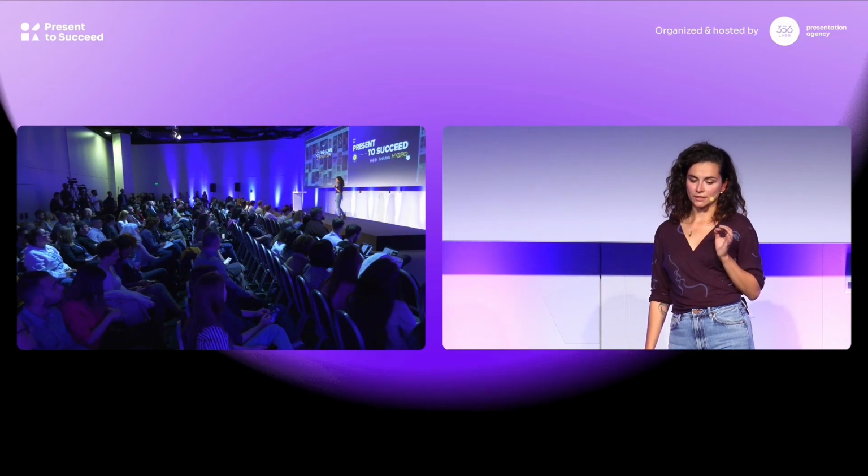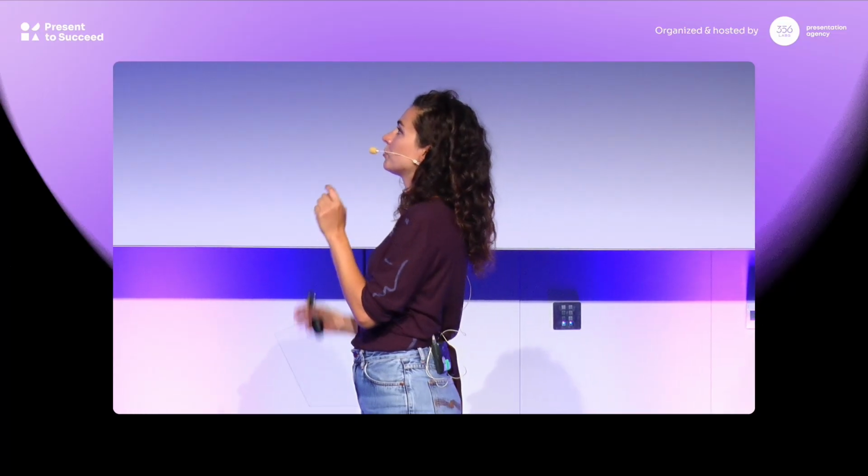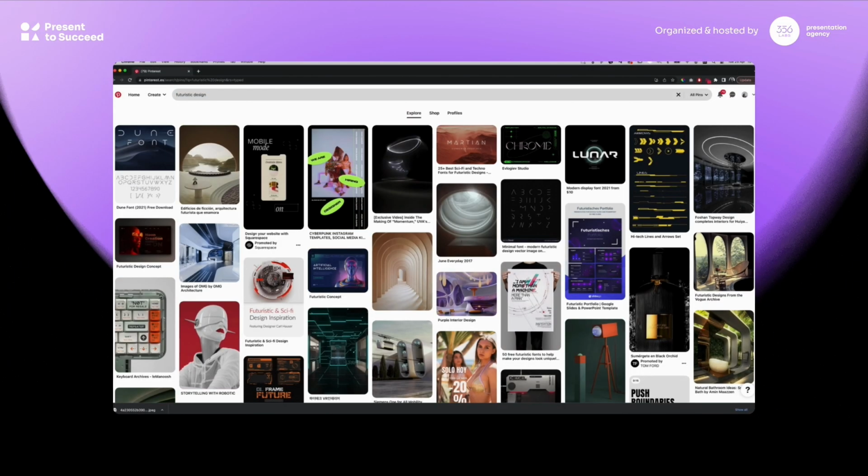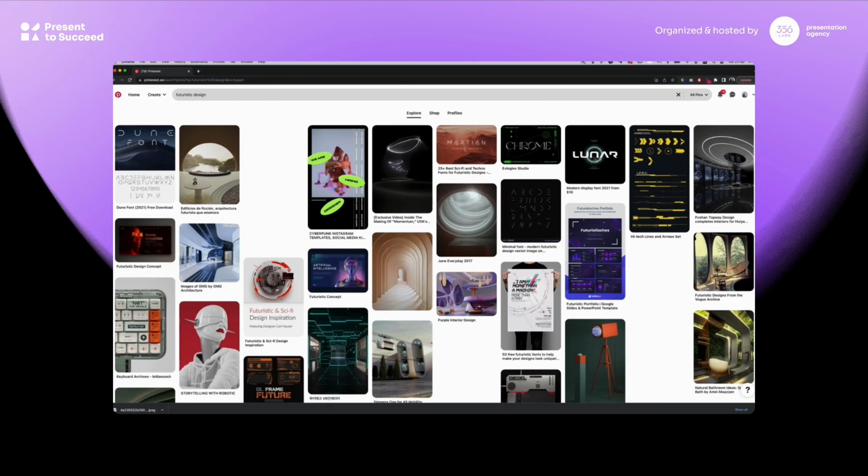So for instance, check this. If I type futuristic design, I always add the word design to my search to be able to filter the content, because as you know, on Pinterest, there is so much content. There are recipes, like outfit ideas, everything. So to be able to only see the design results, we put design into the search. And so let's say I like this image right there.